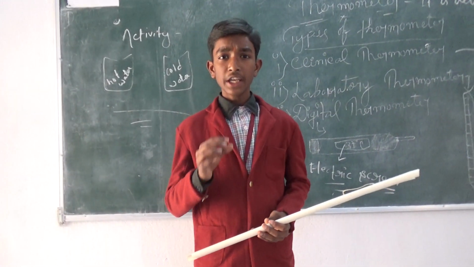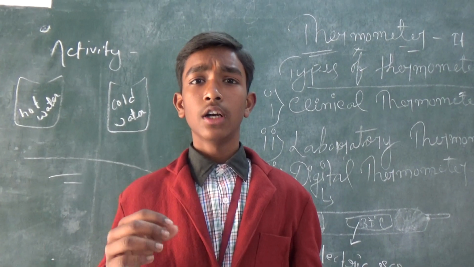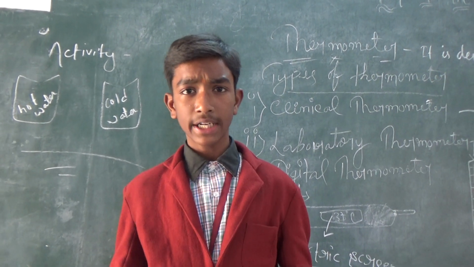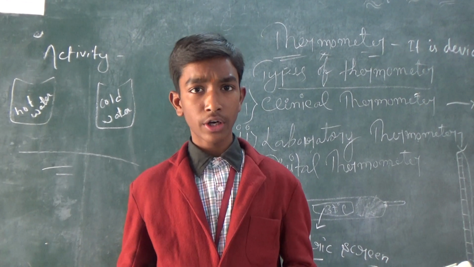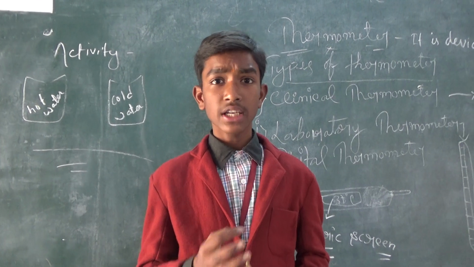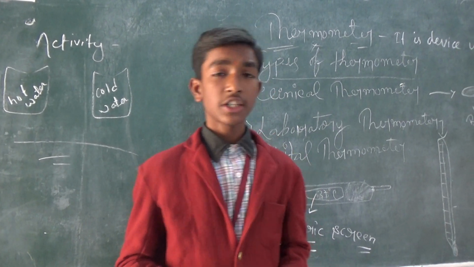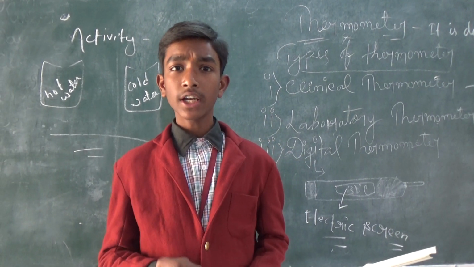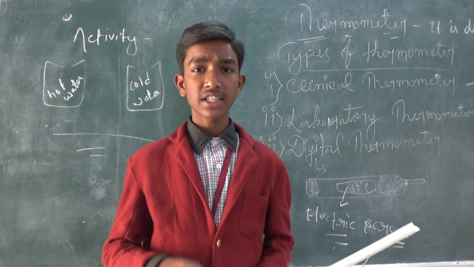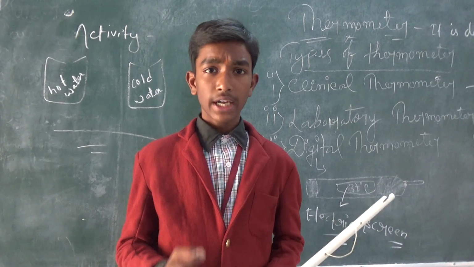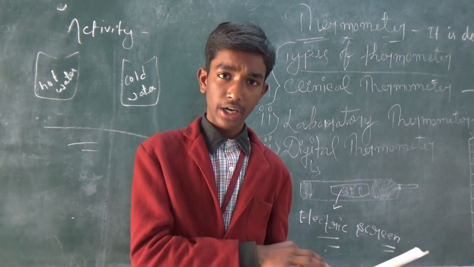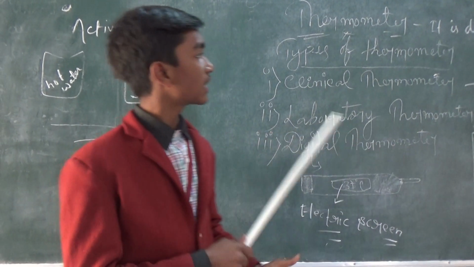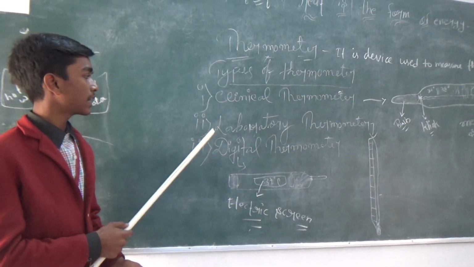Fourth, if the thermometer touches any hard object and breaks, then the mercury falls on it, and mercury is a very toxic substance. The disposal of mercury is a very serious problem. Fifth, avoid placing the thermometer near the sun or similar heat, as it may break. Thank you. This was the clinical thermometer. Now, for explaining the laboratory thermometer,